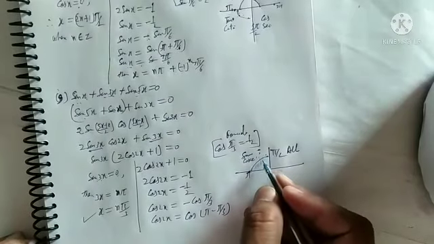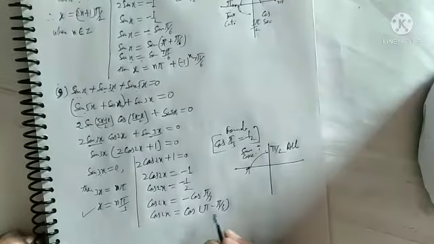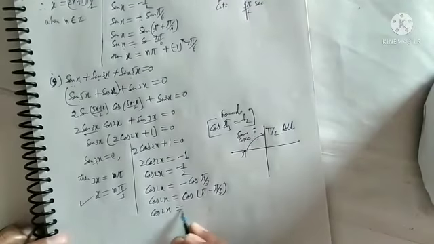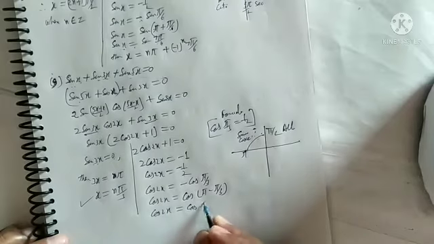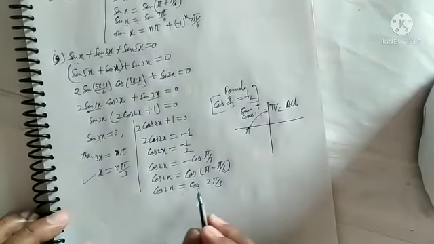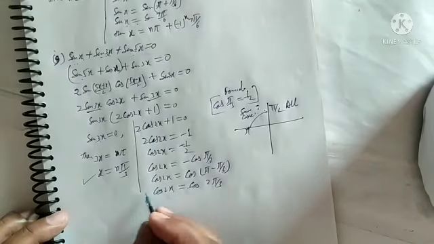Before this we have to add pi upon, subtract pi upon 3, then it will remain in the second quadrant. Now taking the LCM of 3 and 3 minus pi gives 2 pi. So cos 2x is equal to cos 2 pi upon 3. Now we can understand this is negative, this is positive, and this is also positive. So we can apply the direct formula.